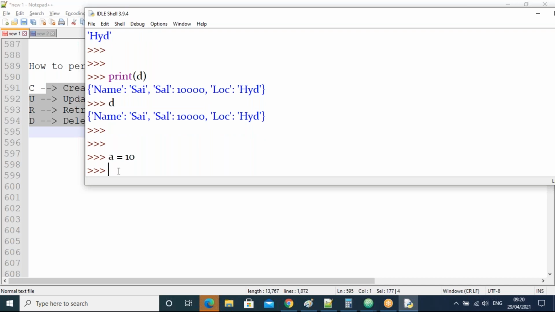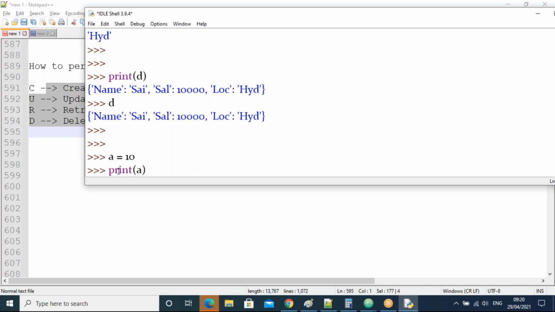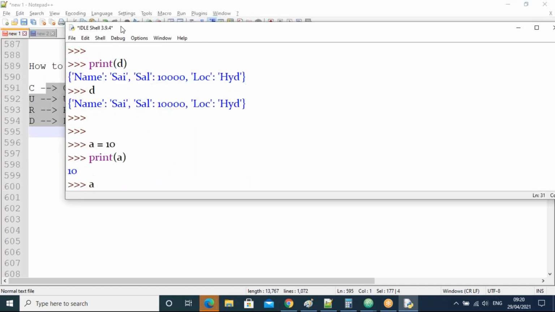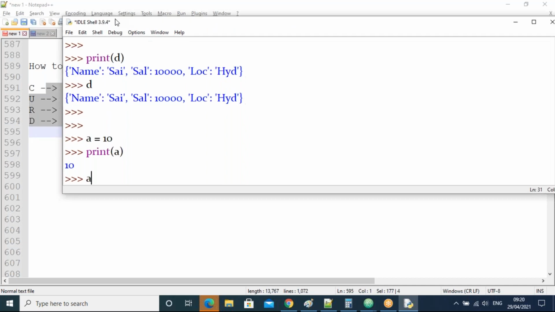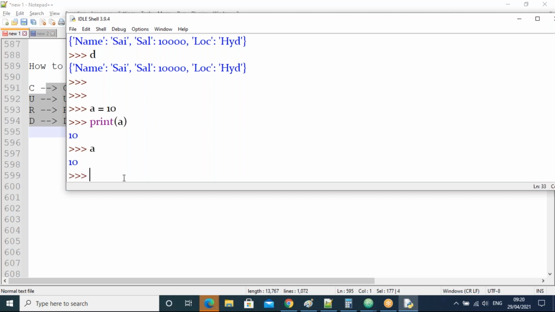To print the variable value, we can use print of a, or else simply a also. Only in this IDLE. If you open a file or any editor, there we must write print of the variable. But in this case, only the variable name is enough to get the value.